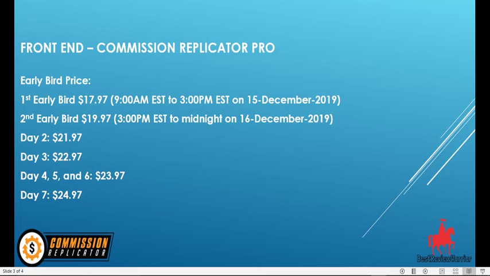From 3 p.m. Eastern to midnight on the 16th December Eastern, there will still be a discount price of $19.97. Then on the second day, the price will be going up to $21.97. On the third day, the price will keep going up until the end of the launch, when the price will go up to $24.97.